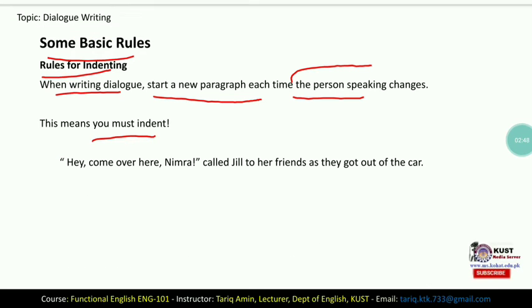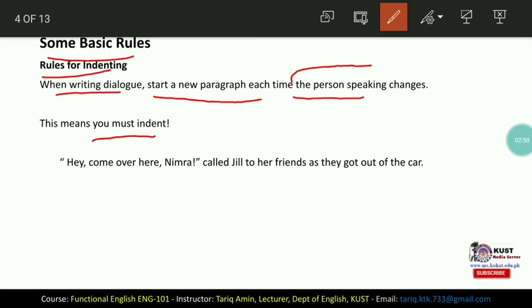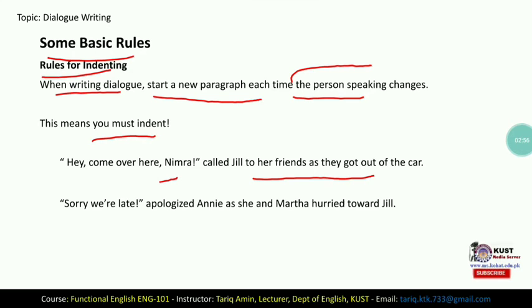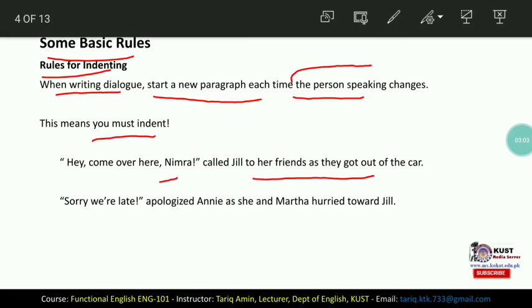For example, "Hey, come over here, Nimra," called Jill to her friend as they got out of the car. And another example is, "Sorry, we are late," apologized Annie as she and Martha hurried toward Jill. Now these speakers change. Over here called Jill and over here apologized Annie. So these paragraphs do not start from the left side of the page.